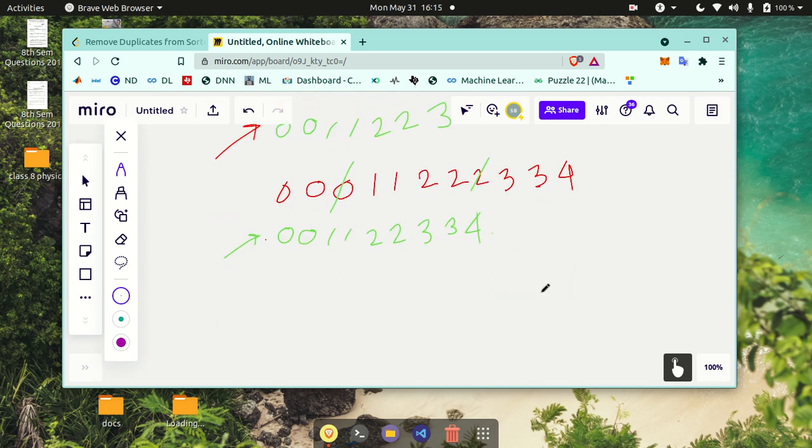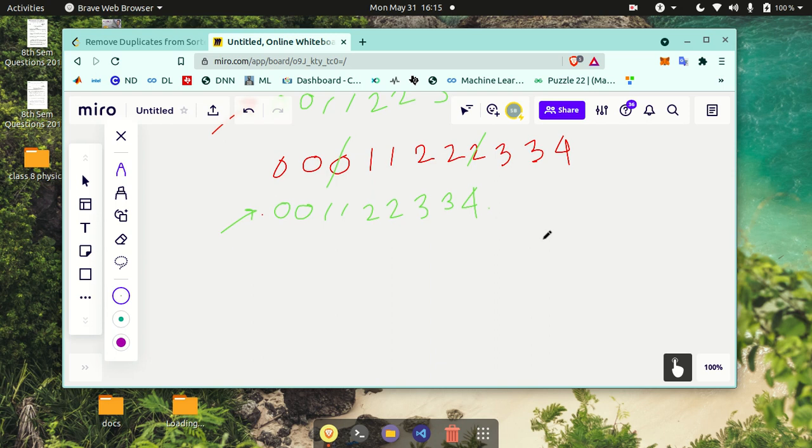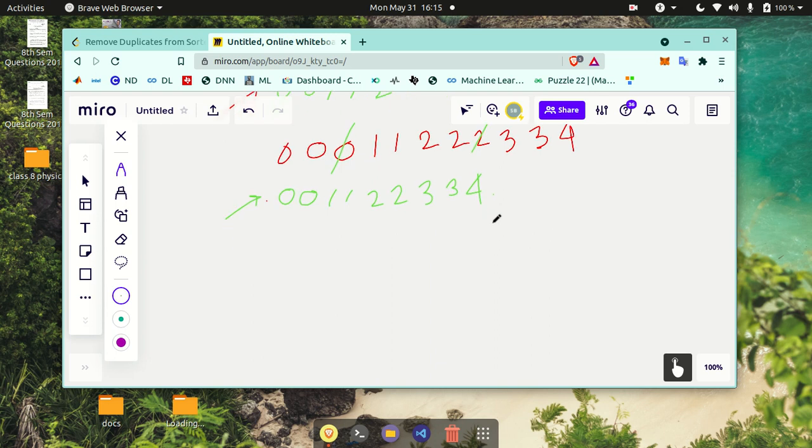So let's now see how we can do that. If you remember the previous problem, we talked about something called two pointers. In this problem I am not going to discuss the brute force method, that you can try on your own. That is pretty simple, but let's begin with the two pointers method and see how we can actually implement that.